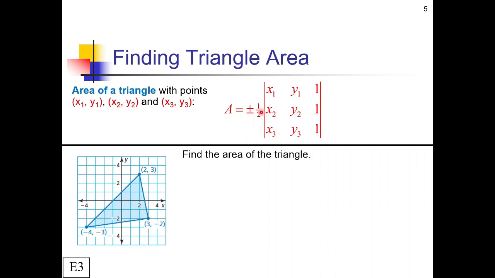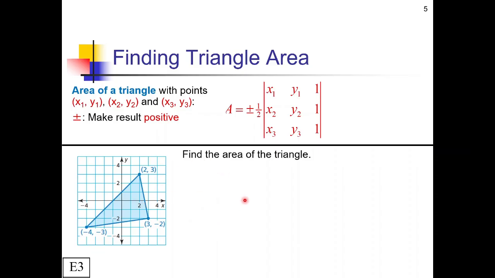you're good. Now this weird little plus or minus out here, that's there so that we ensure that the result is going to be positive. Because when you take a determinant, you might sometimes get negative numbers, and obviously we want triangle area to be a positive value. So just make it positive if it would normally come out negative. So with all that in mind, pause the video and see if you can figure out the area of this